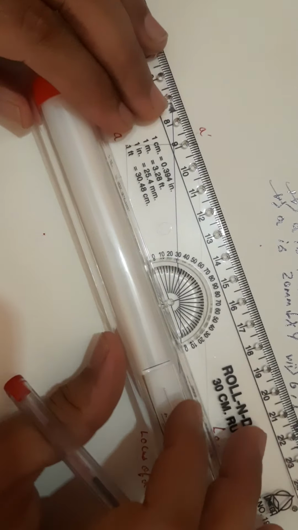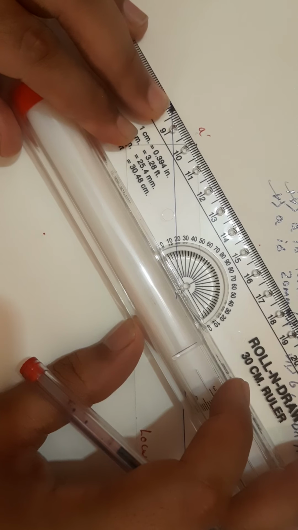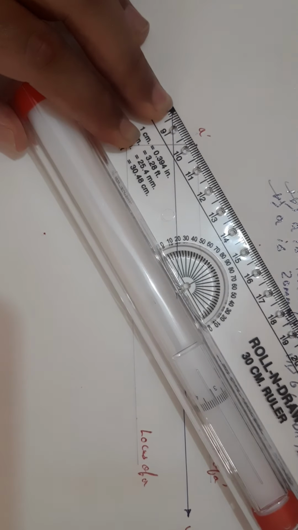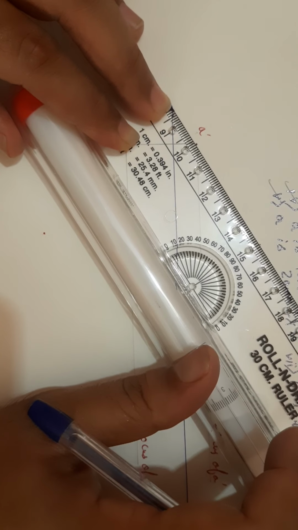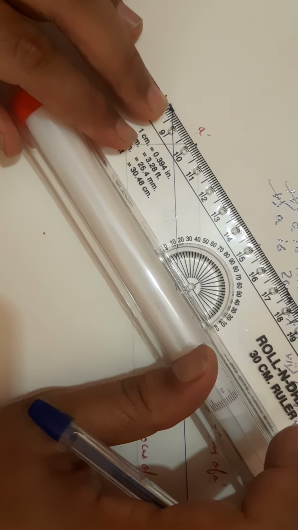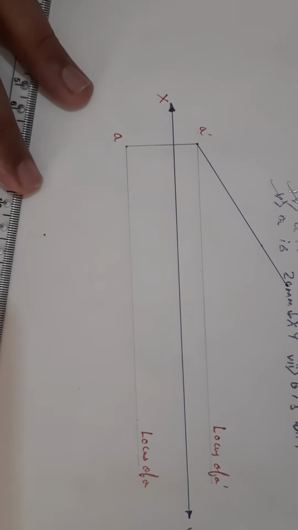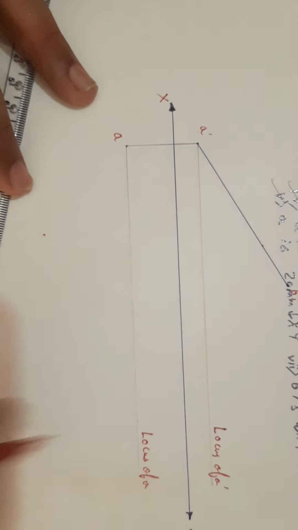Now I will be making a line of 70 mm from here. Just check it everyone. And that will be the true length, my dear friends. It will be nothing but the true length. And that true length, I will be joining with the help of the medium thick line. Just see to it everyone. True length of 70 mm to be joined by medium thick line. So here it is. And with the help of this medium thick line, I'll be joining this true length till 70 mm here. Once I have marked it over here, this other point will be named as B1 dash. So friends, this is nothing but B1 dash over here.